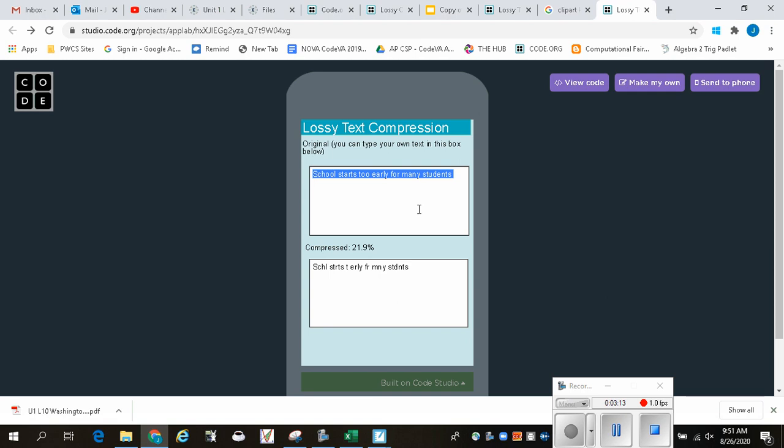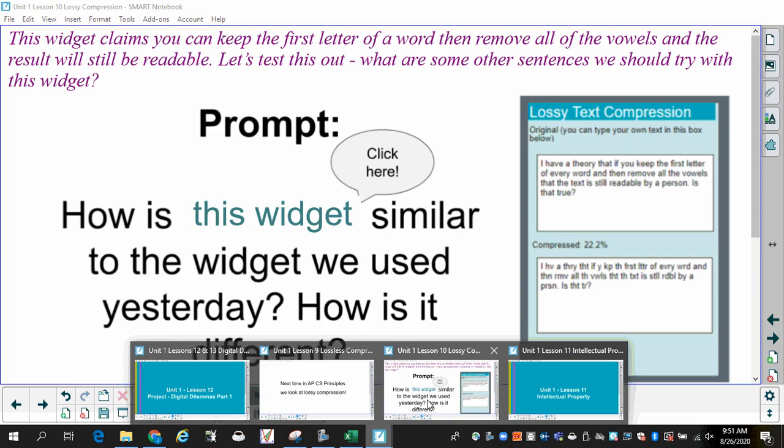But now, what if I did something nonsensical? Like, the cat ran up the mountain with a flower. Okay, so I'm just doing something nonsensical. The CT ran up the, it might be a little harder to figure out what that was. Okay, so if we come back, boom,